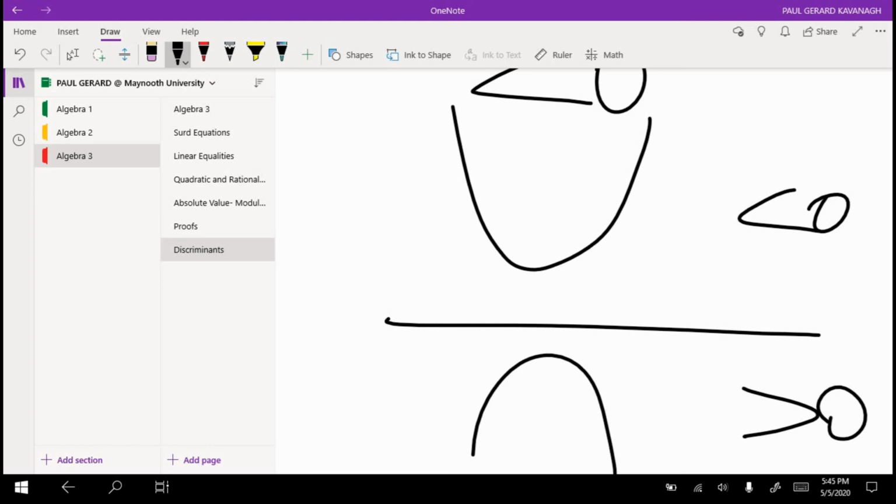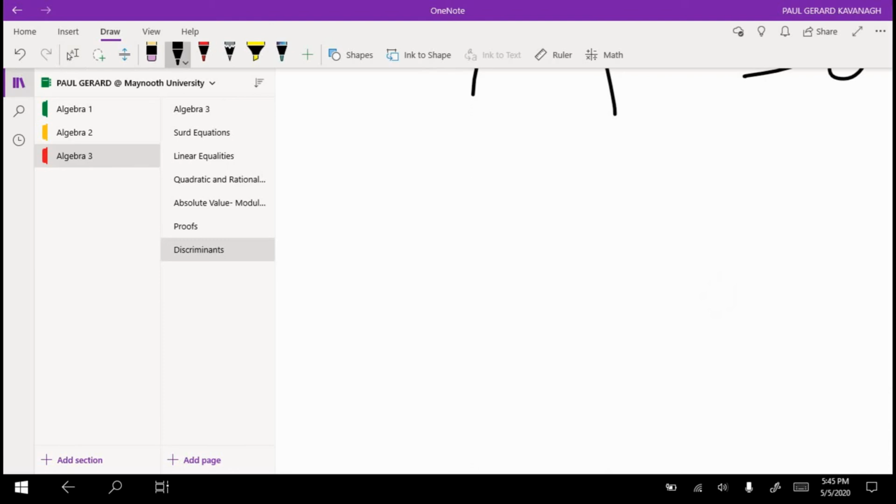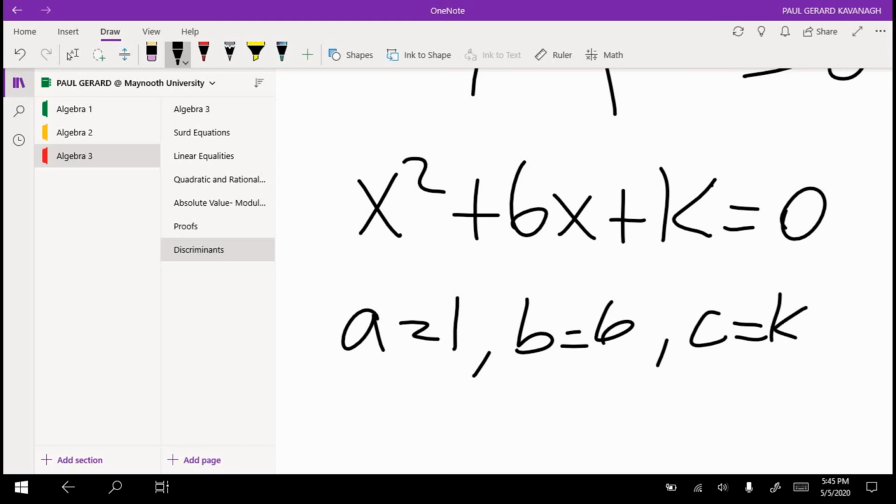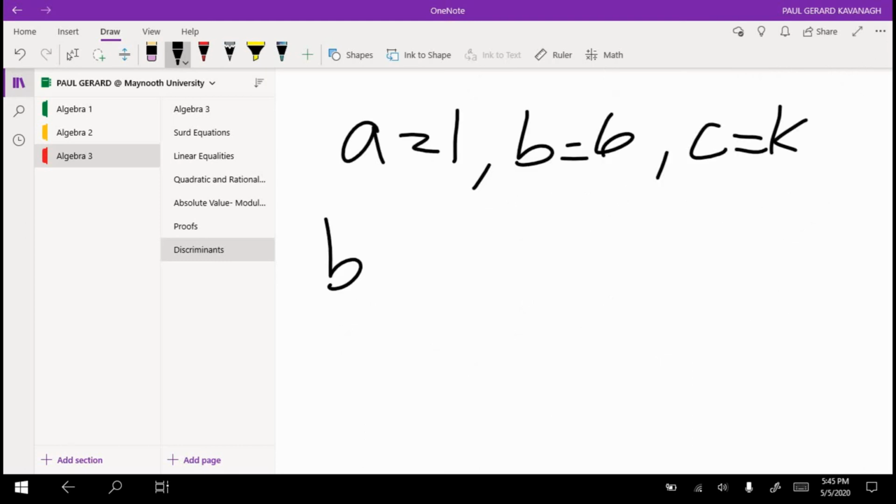And we'll just take an example before I finish. Find the value of k if x squared plus 6x plus k is equal to 0. So you need to look at the third formula. So what you say is a is equal to 1, b is equal to 6, and c is equal to k. So what you say is b squared minus 4ac